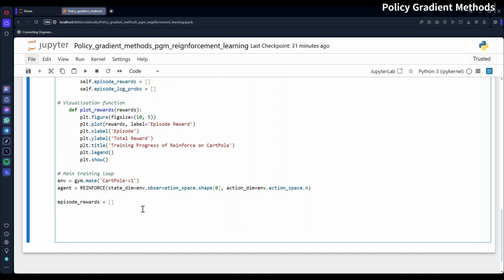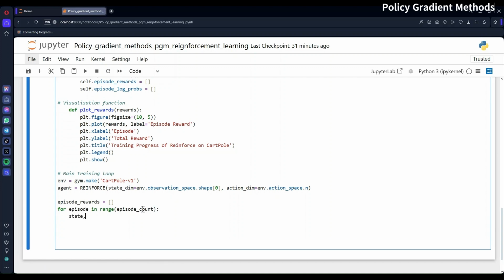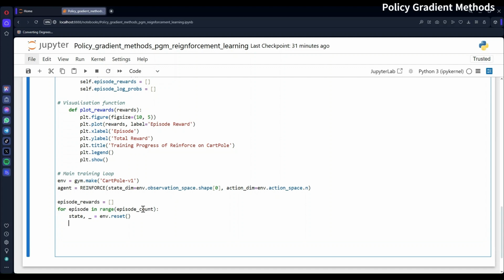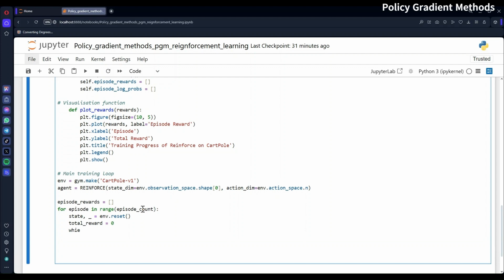And then for episode in range, now reset it. Then we do total reward 0. Now I'll just put a while true,